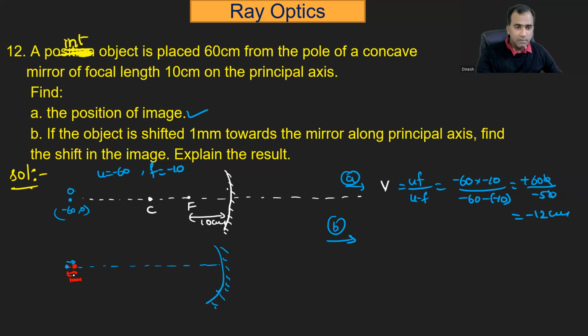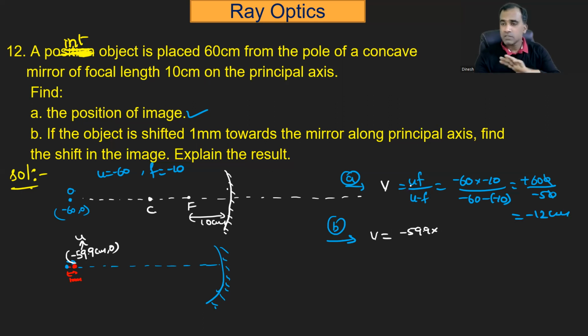What does 1 mm mean? 1 centimeter is 10 mm. So can I say the position is 59.9 centimeters? Yes. So U is minus 59.9. So if you want, you can do substitution as UF by U minus F, which is minus 59.9 into